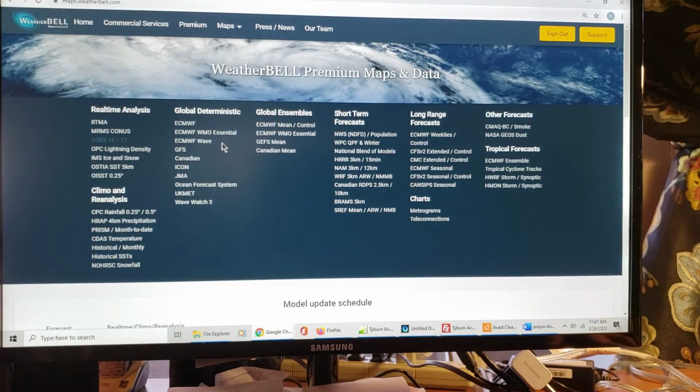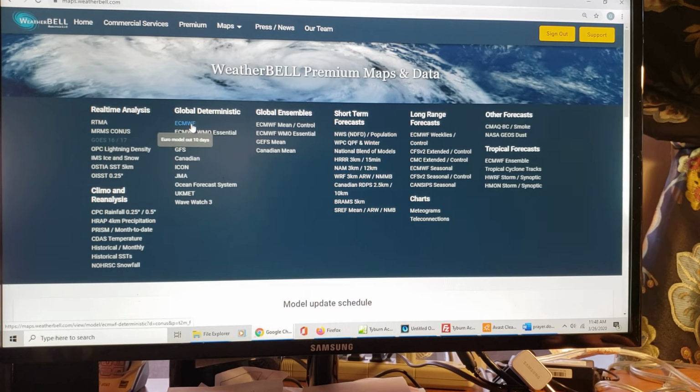I get to choose from different models. Some of you are familiar with the weather models. There's the GFS, the Global Forecast System, which is the American model. America's operational forecast model goes out 16 days for all parameters. There's the European Center for Medium-Range Weather Forecasting, ECMWF, and that was a very good model.